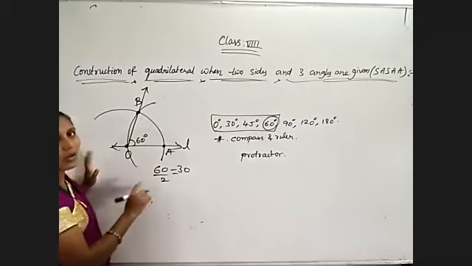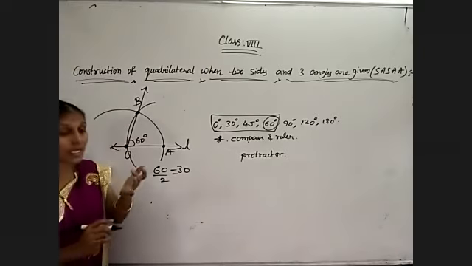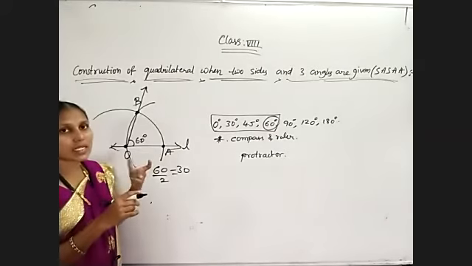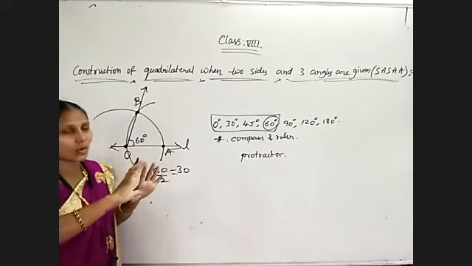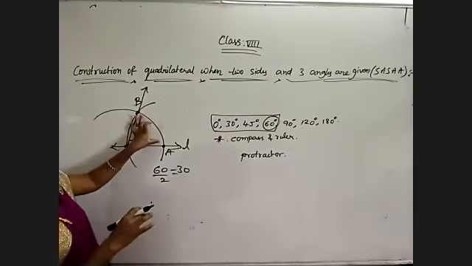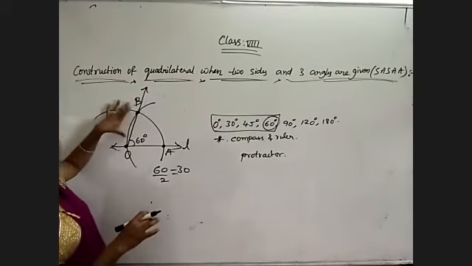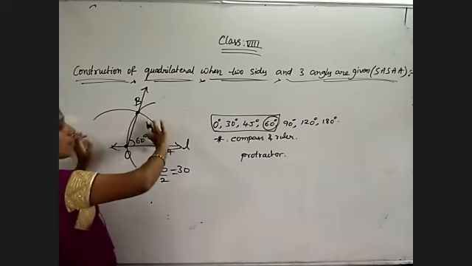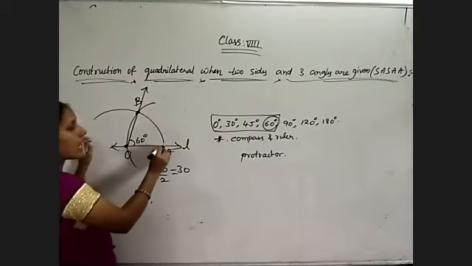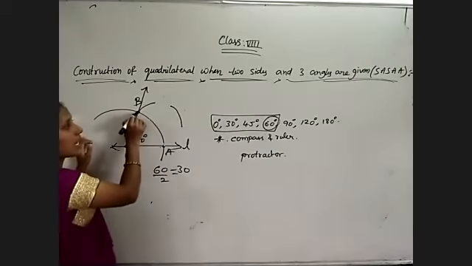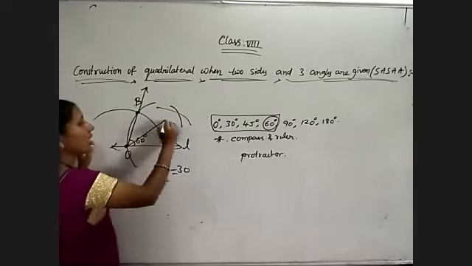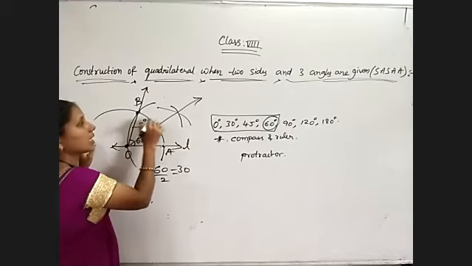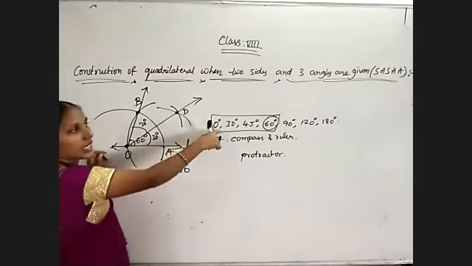Okay, bisector. How to find the bisectors? Whenever we are dealing with bisectors, either an angular bisector or a perpendicular bisector, we need to set the radius with more than half of the required length. Yes or no? So here we are using the distance between OA and OB. So take more than half of the AB distance. A as center, draw an arc. B as center, cut that arc. Now you will get the bisector of 60 degrees, that is 30 degrees, and on this side also you will get 30 degrees. Let it be D. Now I will get 30 degrees in that way.